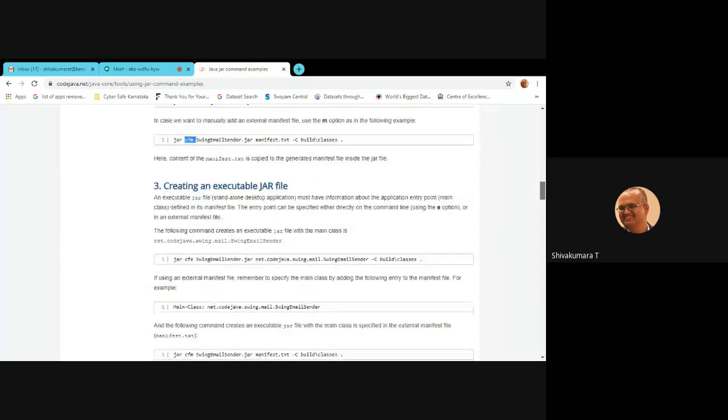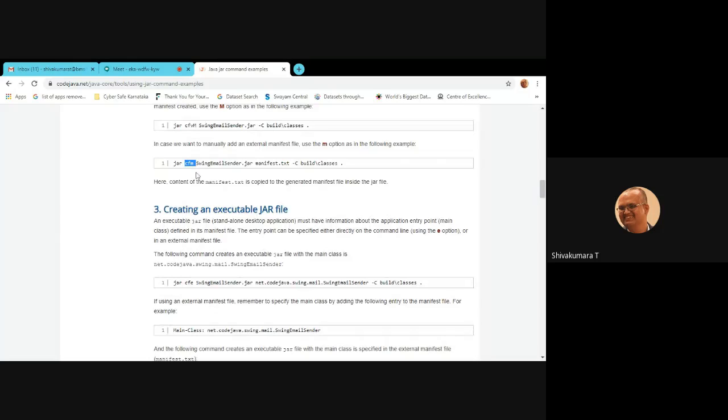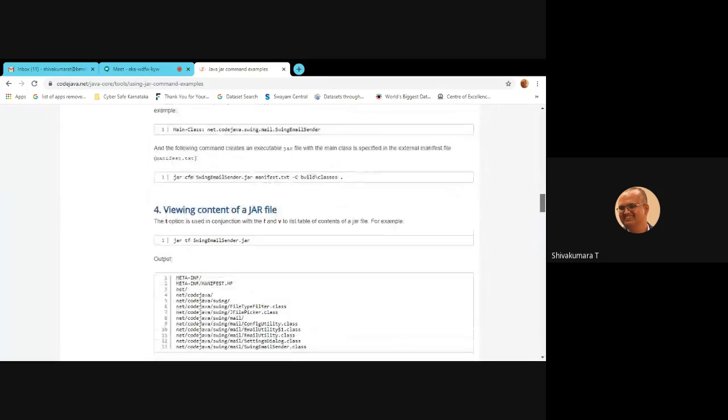So creating an executable jar, your manifest file is going to be created. The syntax is jar cfm, then the name of the jar file in which you are going to store the classes. According to our example: jar cfm simplebean.jar manifest.tmp, option C, build classes. It is going to create the simplebean.jar file for us. So after creating that jar file,